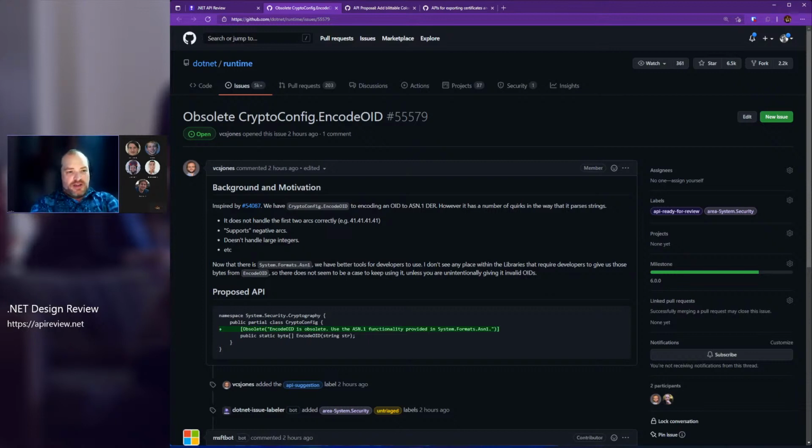All right, so CryptoConfig, which is one of my least favorite types, has a method called EncodeOID, which given an OID string returns the byte array that represents that OID. If you give it a string that is in the range of things that it does correctly and is valid, then it will give you a right answer. But it supports a whole lot of wrong answers, like things that are nonsense that it returns answers for. It also doesn't correctly handle all legal inputs. And when we looked at can we reconcile these things to make it produce right